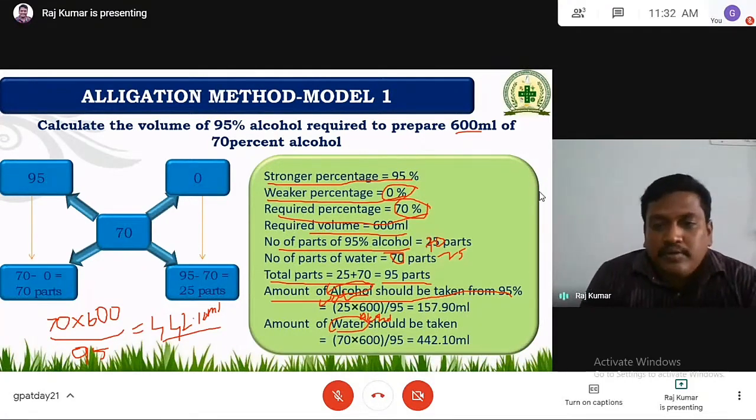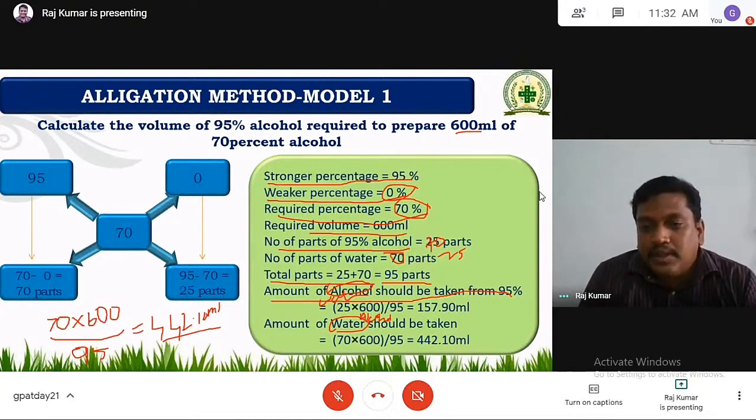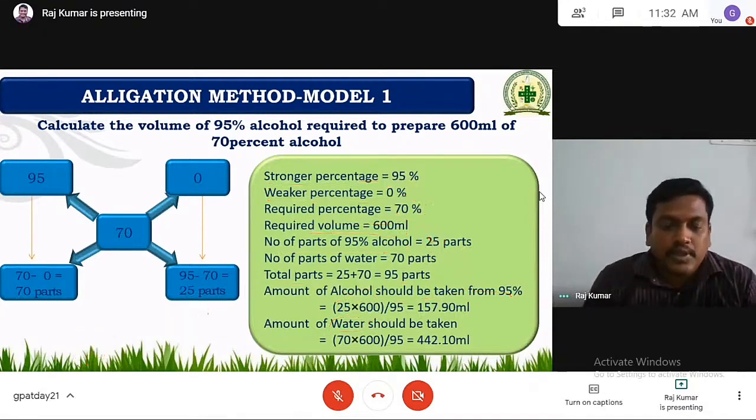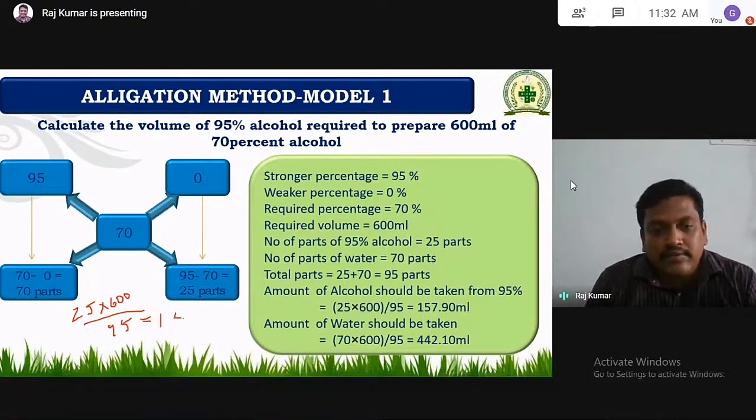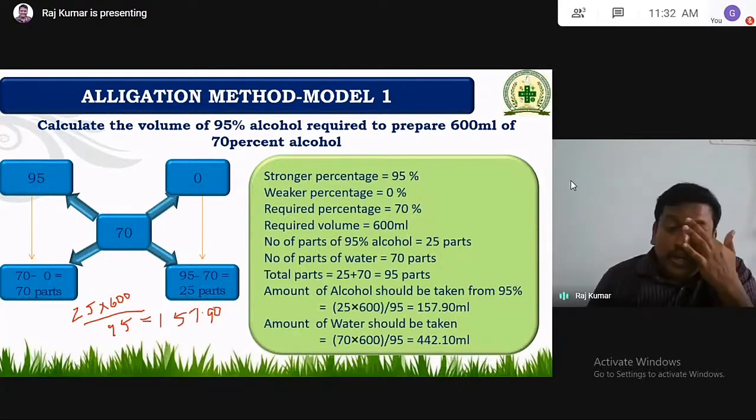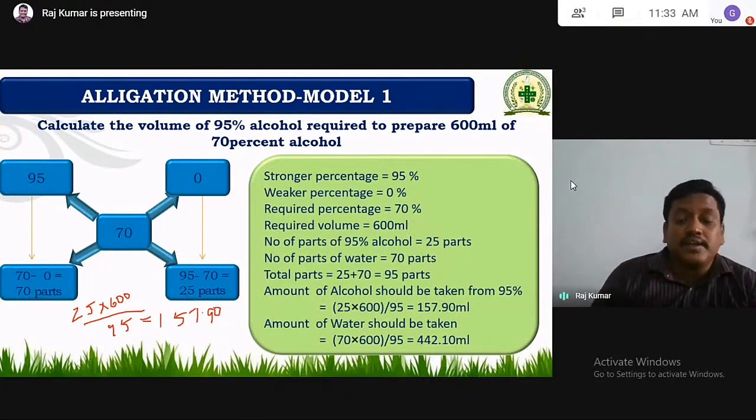So if you do the same for water, 25 parts, nothing but water 25 parts, 25 into 600 by 95, simply you will get how much? 157.90. So 157.90 ml of water have to be taken and